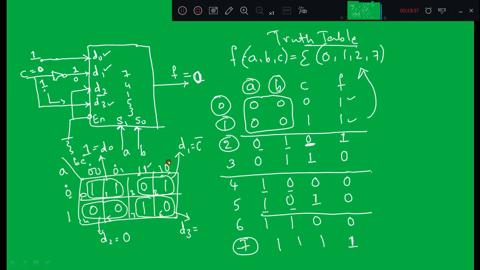C is 1 here, output is 1; C is 0, output is 0. That means they are the same. So D3 is equal to C. Are they matching? Just check. D0 is 1, D1 is C bar, D2 is 0 and D3 is C, right? So this is the second method of obtaining